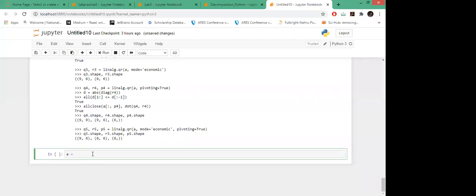So we will decompose our matrix A in the form of U sigma V transpose. So what does this U, sigma and V transpose imply? We will see what the form of this is. First let me define an array and then we can see the outputs, how this SVD works.